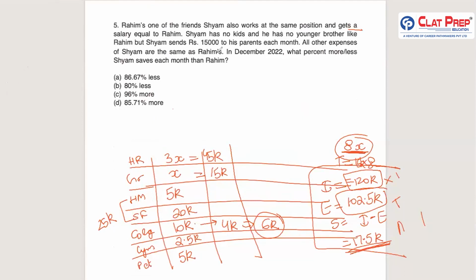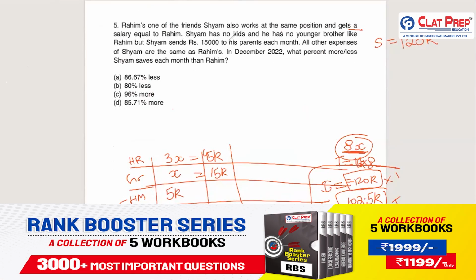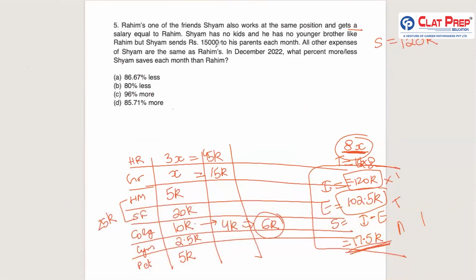the last question। Rahim's one friend, also same position, gets a salary equal to Rahim। सैलरी क्या थी रहीम की 120, ये है हमारे पास, ठीक है। शाम की सैलरी भी कितनी थी 120। Sham has no kids and no younger brother like Rahim, but sends 15K to his parents each month। Okay, all other expenses are same। तो here in the table अगर हम शाम की बात करें तो ये 45 ही रहेगा, ये 15 ही रहेगा, हाउसमेड का 5K ही रहेगा, स्कूल फी नहीं है, कॉलेज फी नहीं है, ठीक है, कॉलेज फी भी नहीं है, जिम 2.5 रहेगा,